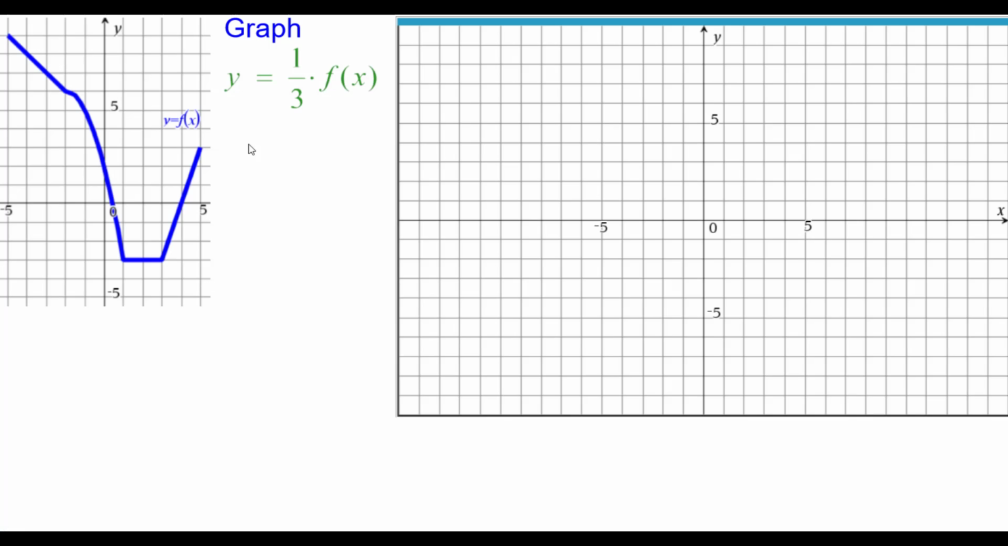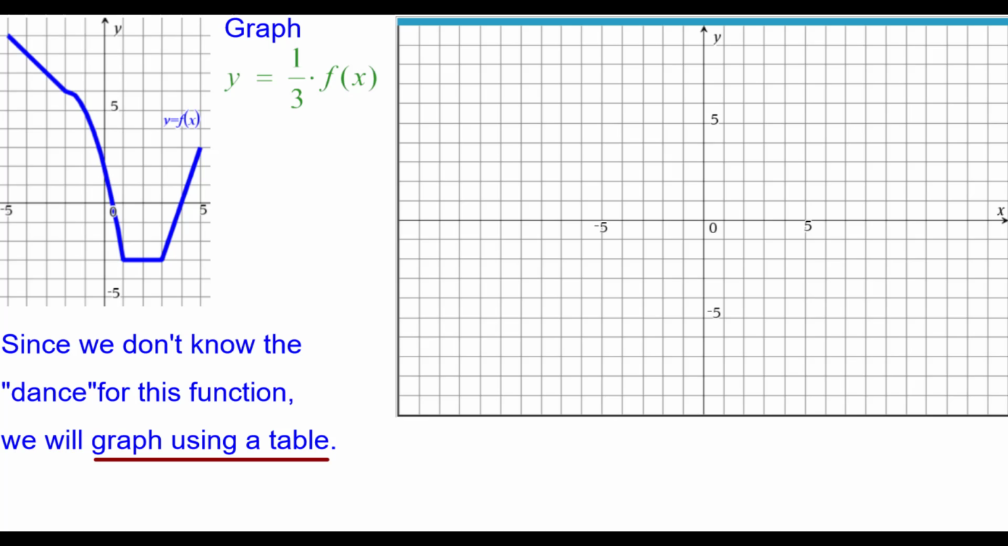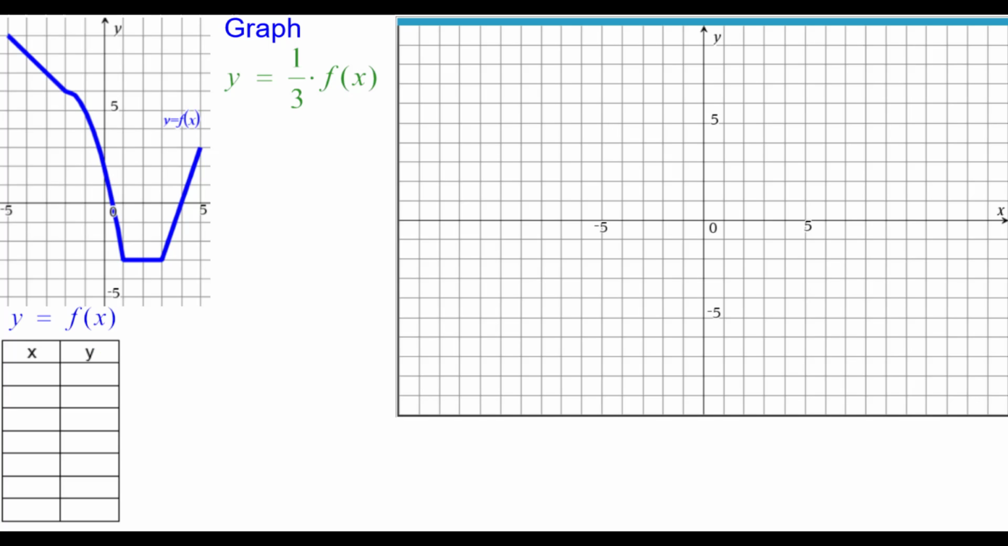Given the graph of y equals f of x in blue here, we want to graph y equals 1/3 times f of x in green. Since we don't know the dance for this function, we're going to graph using a table. So we create a table, and we're going to identify the key points on the graph, beginning with this one